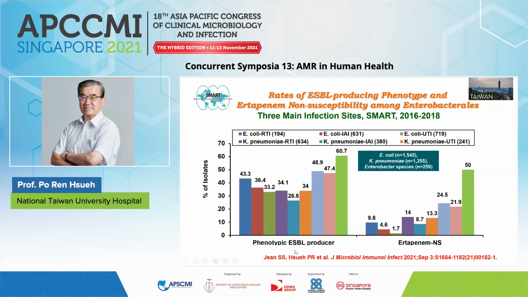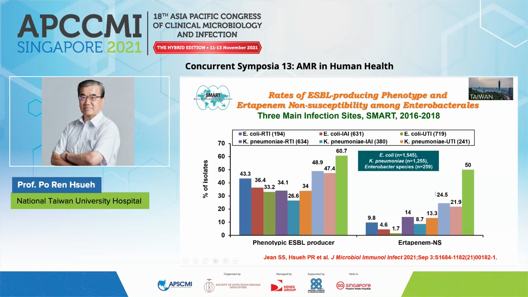So you can see here for E. coli, causing respiratory infection, intraabdominal infection, and UTI, and Klebsiella pneumoniae, RTI, IAI, and UTI. You can see around 40 to 60% of the Klebsiella pneumoniae and E. coli are actually ESBL producing. And the carbapenem-resistant E. coli or Klebsiella pneumoniae is not so high,